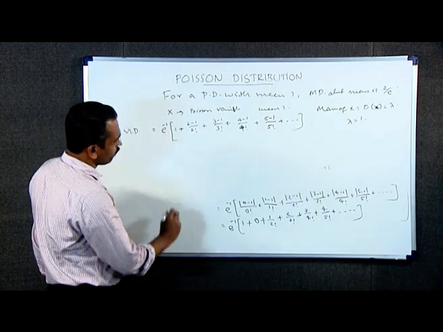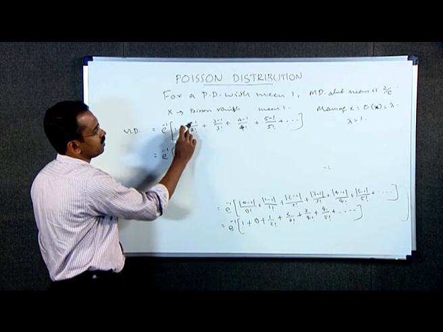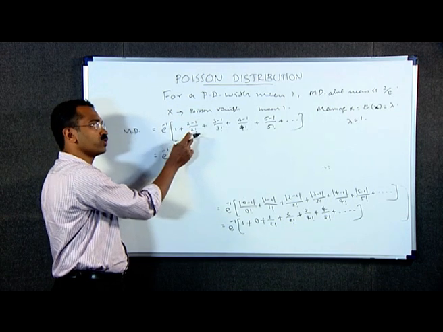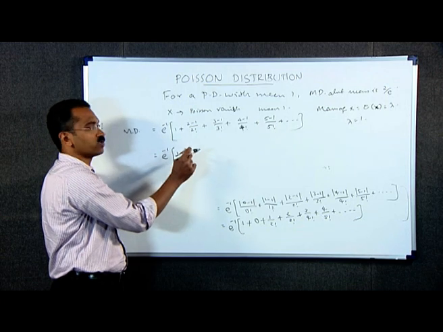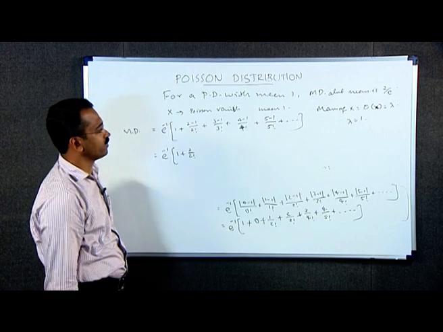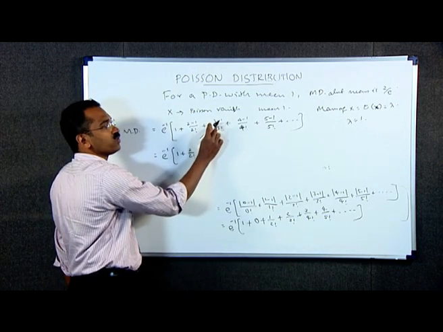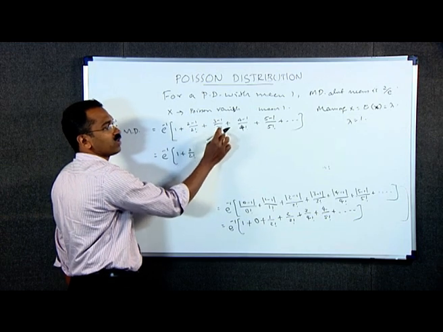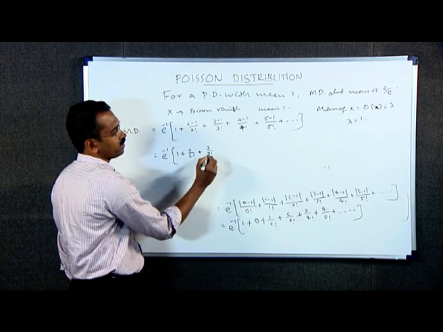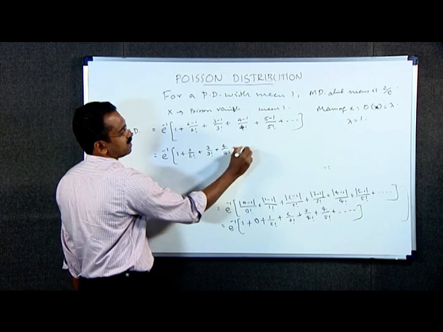which is equal to e raised to minus 1 into 1 plus, we can split this 2 minus 1 by 2 factorial as 2 by 2 factorial minus 1 by 2 factorial. We take 2 by 2 factorial. This term can be split into 3 by 3 factorial minus 1 by 3 factorial. We take that 3 by 3 factorial here. From this we take 4 by 4 factorial, plus etcetera,